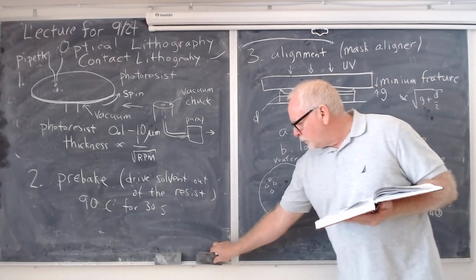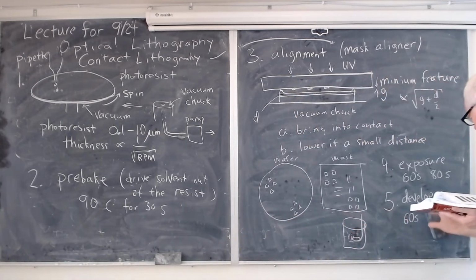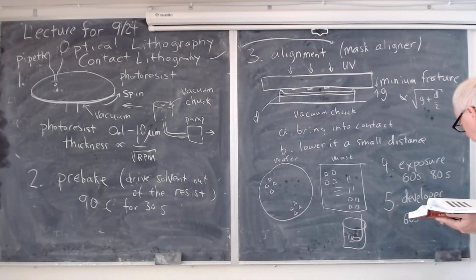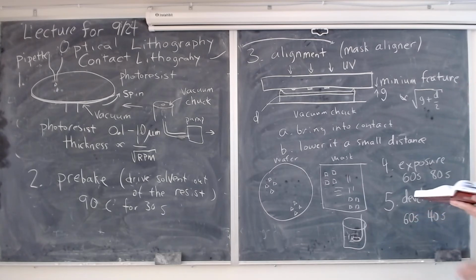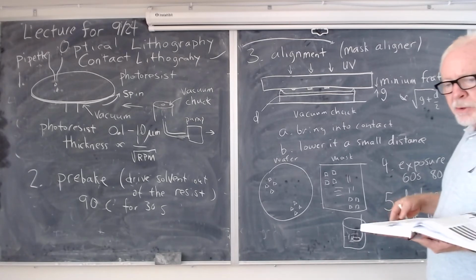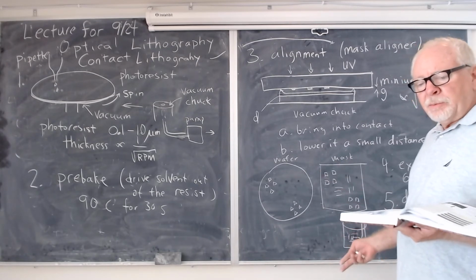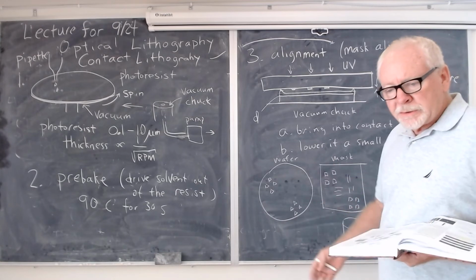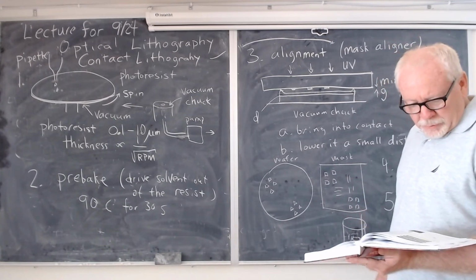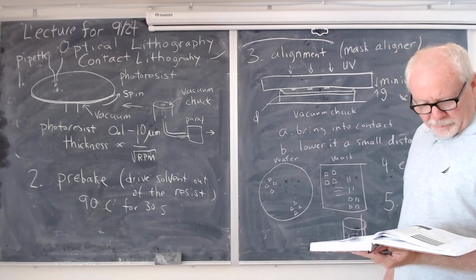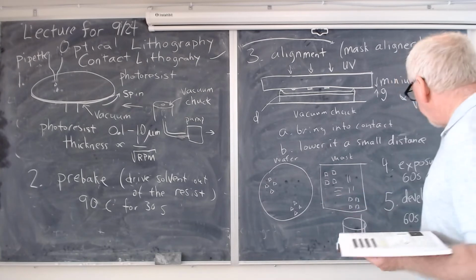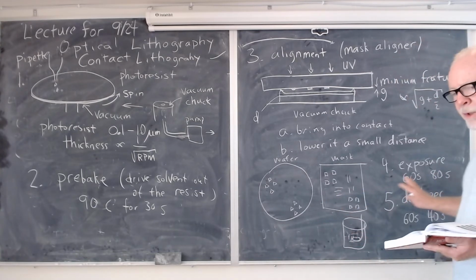But since you exposed longer, the development time is going to be shorter. And that's called process latitude. It means how big of a mistake you can make that you can correct for in the subsequent step. And he has a plot there of what happens,